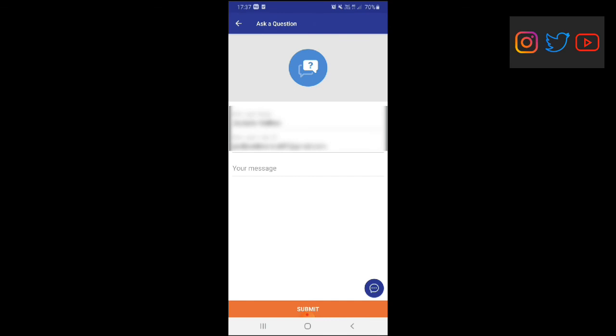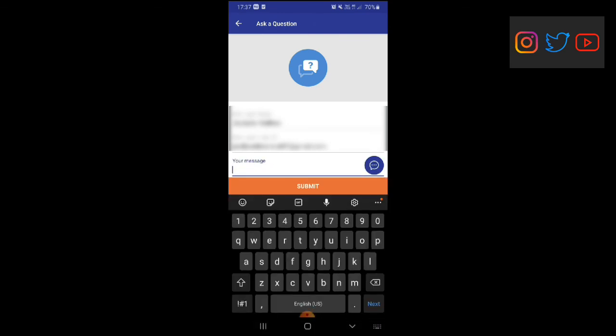Then after that you can see your message here. You can type, hi team, I have bought so and so product on so and so date and I need a cashback. All this you can enter, and you can click on submit. The thing which you submit over here goes directly to your mail. So it will go from your mail ID to the Cash Karo team, and then the Cash Karo team will keep updating you. They normally reply within 48 hours. If in case they don't reply, you can escalate. You can again ask on that mail itself, hi team, is there any update or anything.